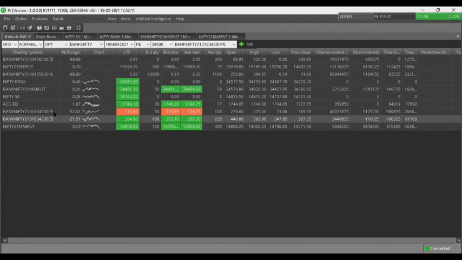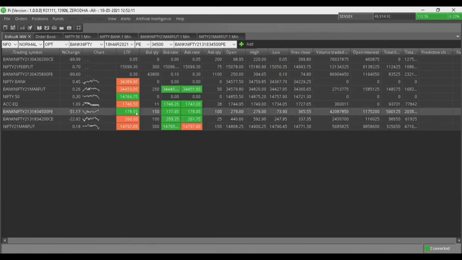Take a look at this. The one that I have highlighted just now is trading at 180 rupees right now. Today's low was 73.9 and the high was 279. Currently, it is trading at 185. So approximately 74 rupees was the low. Imagine if somebody had bought it there, they have already doubled their money. And if somebody had bought it at 279, they are losing a lot of money right now.